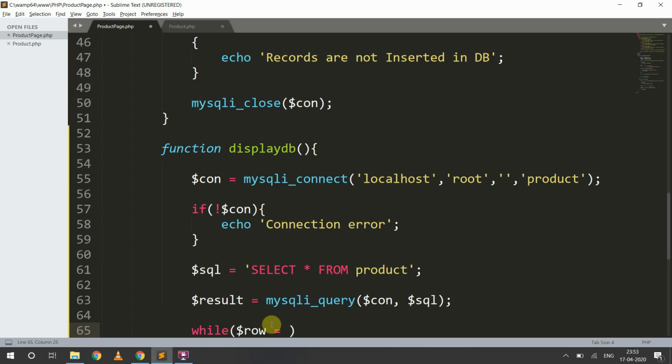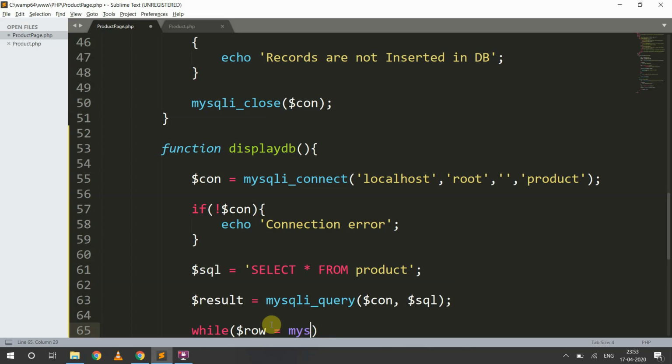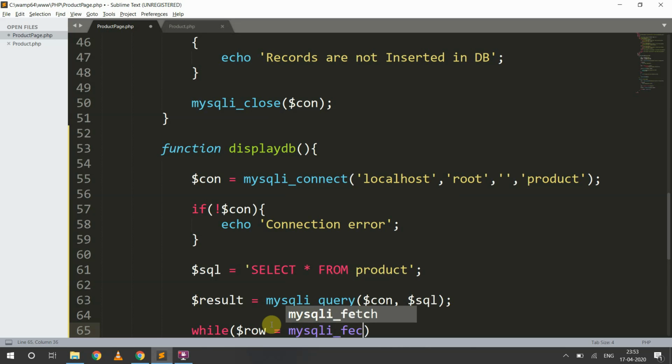variable, and then here there is a method called mysqli_fetch_array, where the result variable will be passed.